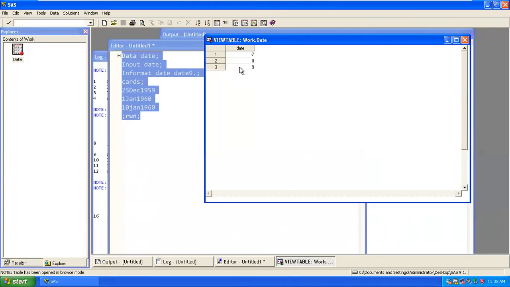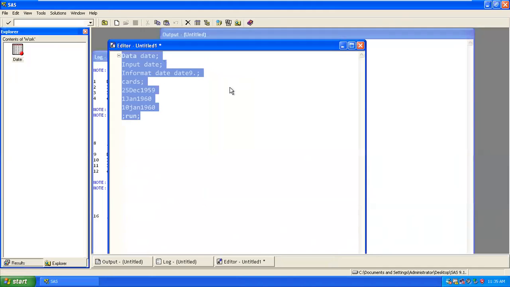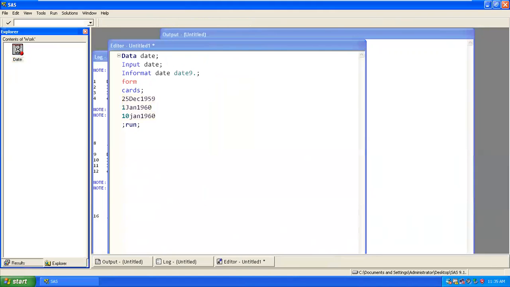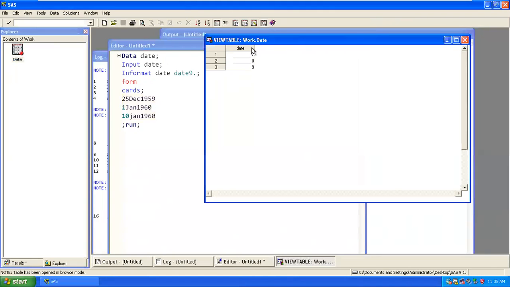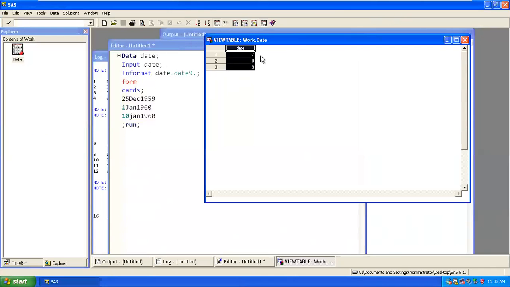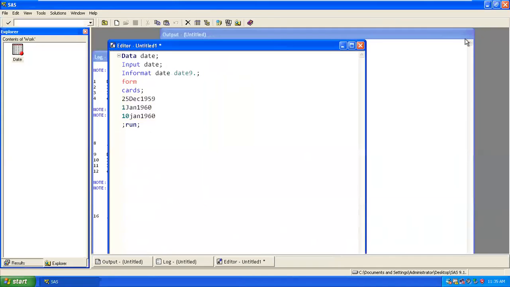So now this is the format. When I want to convert this value back again, now that the date has been converted into numeric, if you go back and look at these numeric values, there should be a sign for 7. What does 7 mean? If I have some format, I want to look at that. So I can apply a format option. Let's say I say ddmmyy10. I want to apply this format to look at the date value.